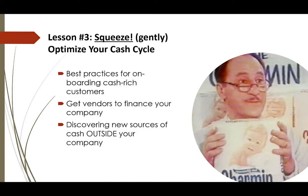Set up your contracts with your customers, your proposals, and your terms and conditions to mandate payment in advance or payment on specific terms. For example, in the accounting industry, I don't often get paid in advance, but I can get paid by credit card or ACH, and I can keep those digits on file so that if you're my customer and I deliver a spreadsheet to you or a set of books to you, 3 days later, I can hit your credit